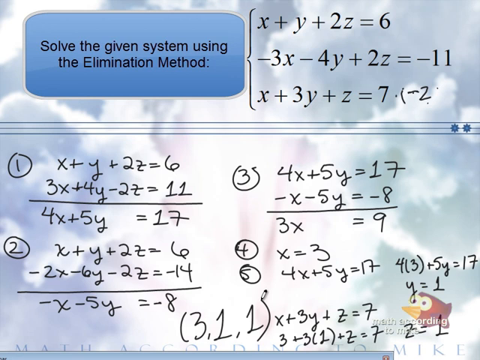Yes, please. Number 5. Yes. If I see the 12, y 17, y is 1. Sure, so we get 12 plus 5y equals 17. So if you subtract 12 from both sides and divide by 5,